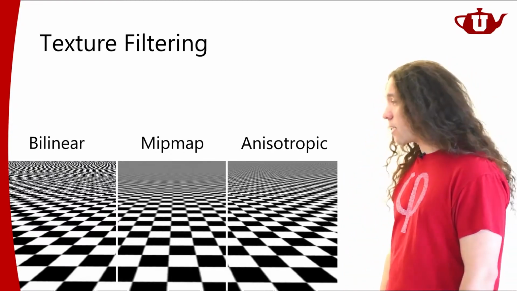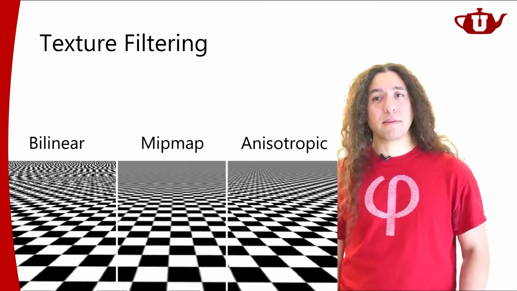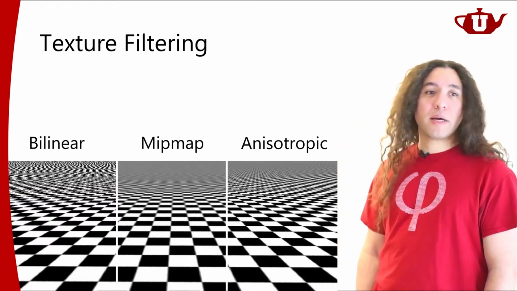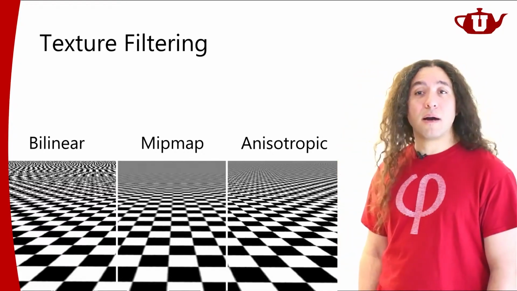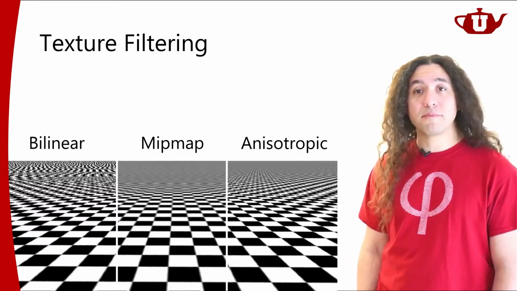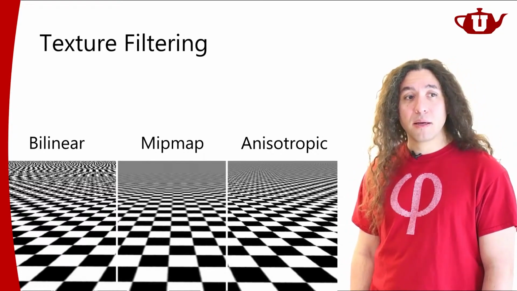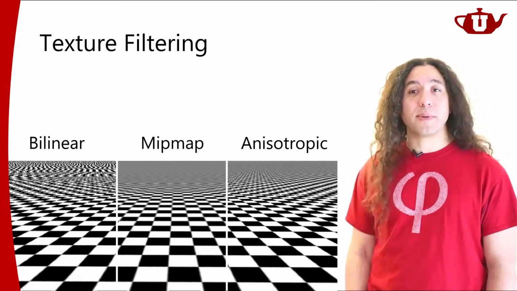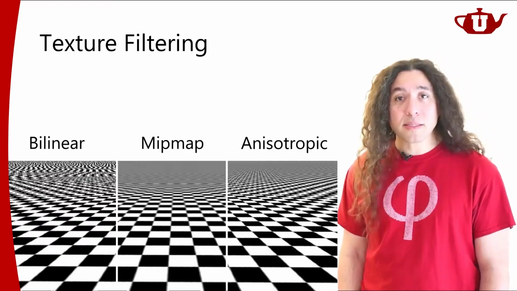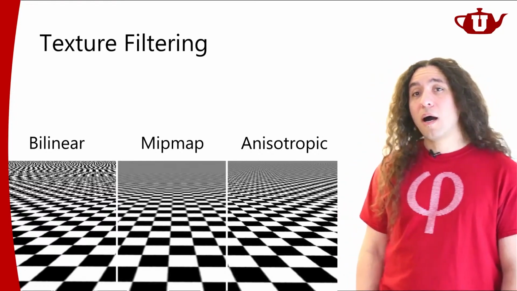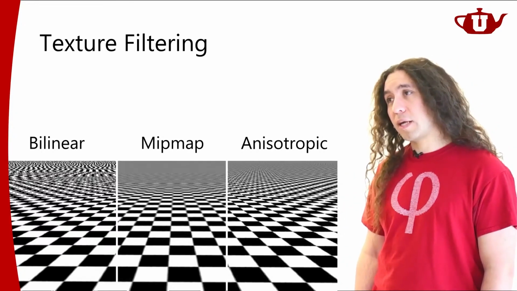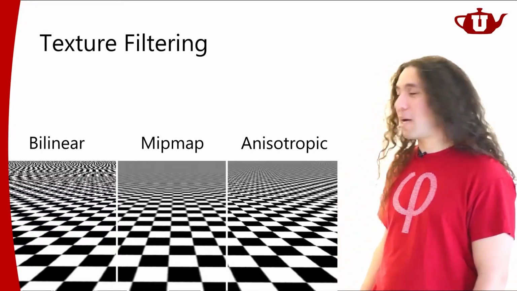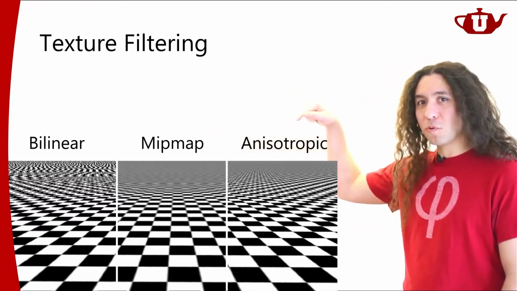Again, it doesn't have to be super accurate. I mean, of course, accuracy is something that's desirable, but we would like this to be cheap as well. So it's going to give us a good enough approximation of what the filtered texture color is supposed to be. All right? So this is the idea of anisotropic filtering. And as you can imagine, this is a lot more expensive. This additional cost is directly proportional to how many times you're going to have to compute trilinear filtering when you're computing anisotropic filtering. All right, so how many times I need to do mipmap filtering to be able to do one anisotropic filtering.